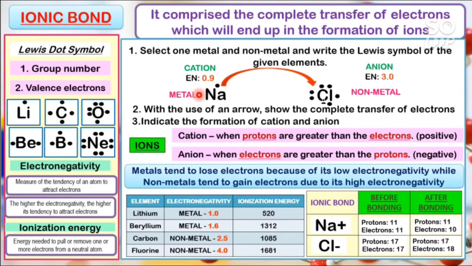So cation, meaning sodium, will become positively charged, that's why it looks like this, and the chlorine is the negatively charged element here, that's why the symbol looks like this. Okay, reminder: when the valence is less than 4, that is a cation, and if the valence is more than 4, that is an anion. Okay, I hope this step is clear to you, because we are now going to proceed to